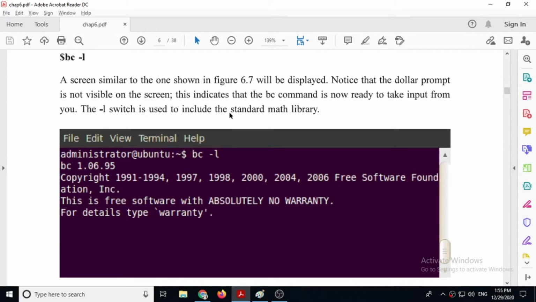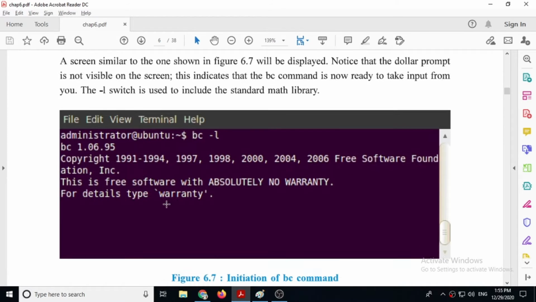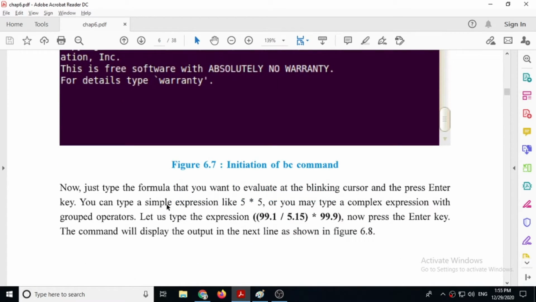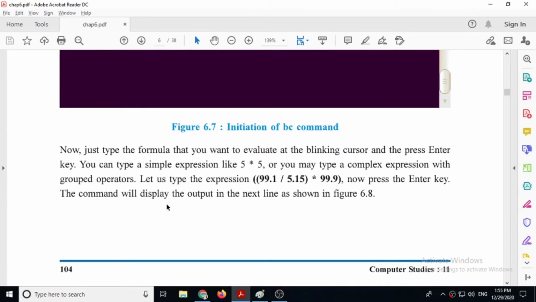It will include the standard math library. It means now you can do various types of calculations. So for example 5 star 5, then it will show you the answer 25. This also works with only the bc command.